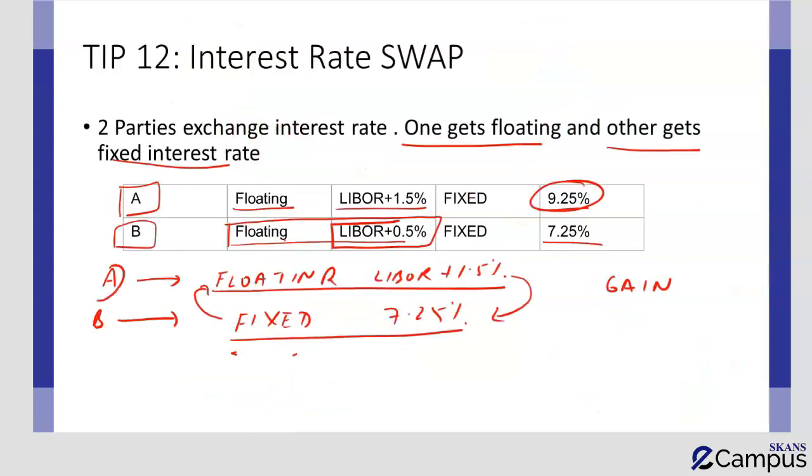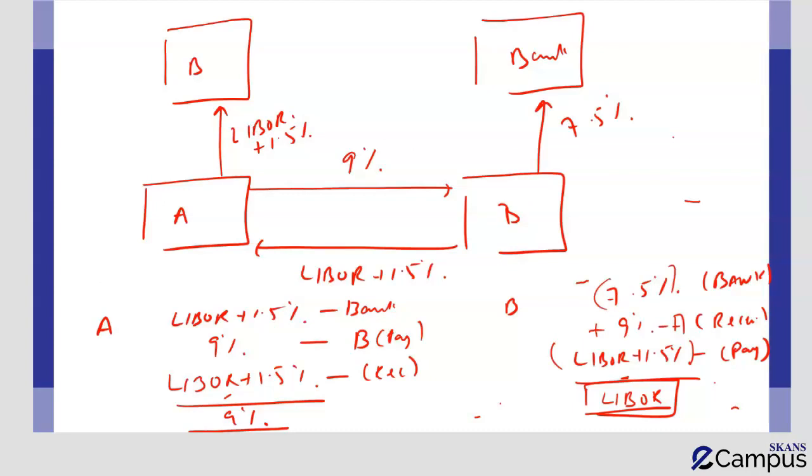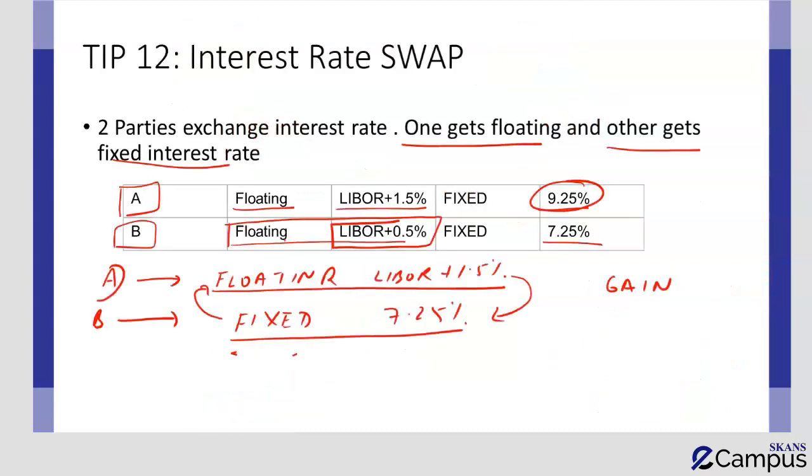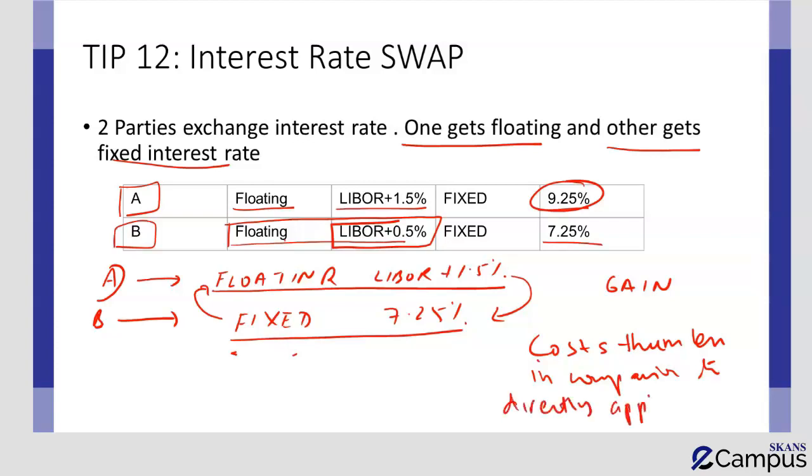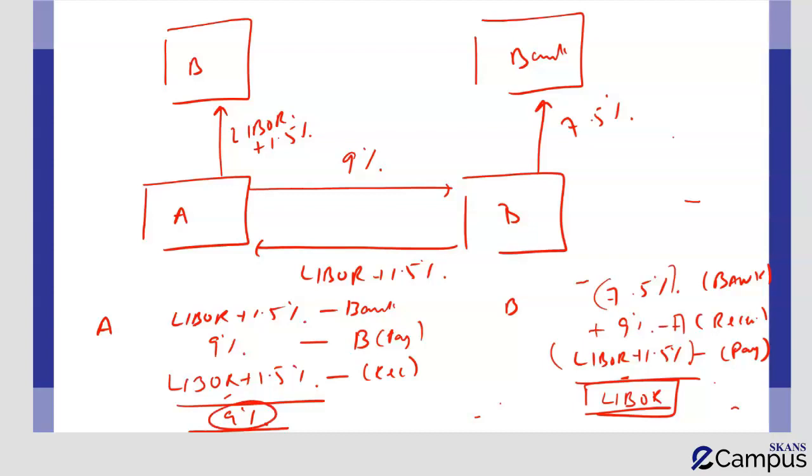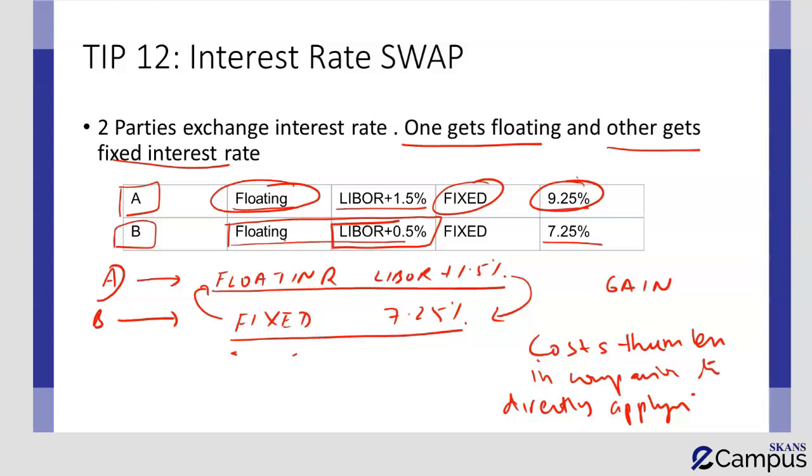So what is happening? People swap at an agreed rate in such a manner that it costs them less. Remember, the idea is that it costs them less in comparison to directly applying. If A had directly applied for a fixed loan, it would have cost him 9.25%. So rather than directly applying, they entered a swap by applying for a floating rate loan and then using that swap to pay 9%. So this is the benefit of swaps, that rather than applying directly and getting 9.25%, you